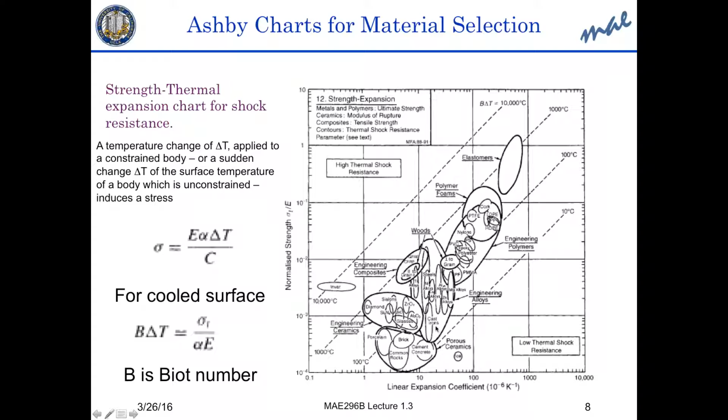So looking at it, then we can ask maybe some interesting questions. It's sort of like a quiz. So let's ask this. What do you think would be the material that has the highest ever thermal shock resistance in the world? What kind of material would it be? Well, if we look at the chart, there's a material called Invar, which is an alloy made between iron and